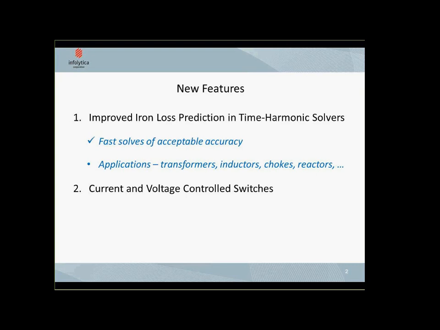The most important thing about the iron loss prediction in time harmonic solvers is the advantage of the fast solves. It has lower solution times compared to transient and other solvers. And if we leverage the faster solution times with acceptable accuracy, then designers of large devices such as transformers, inductors, chokes and reactors are going to benefit a lot